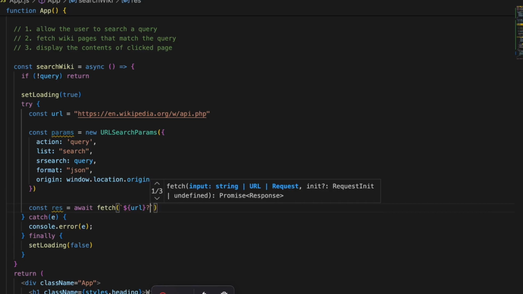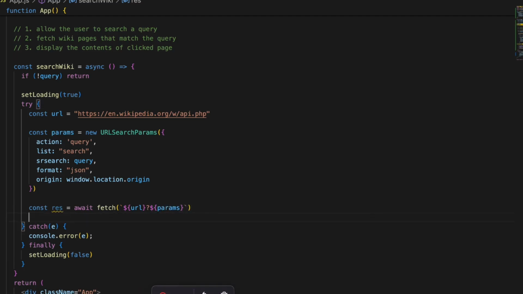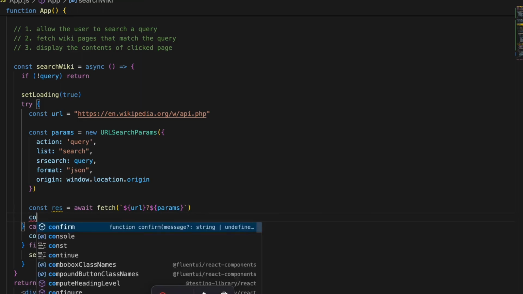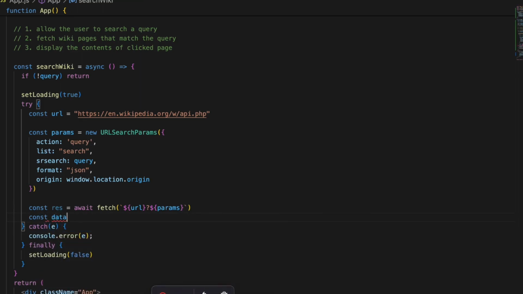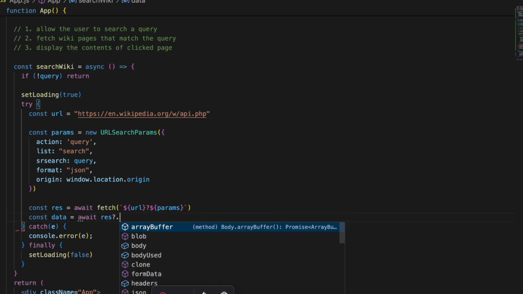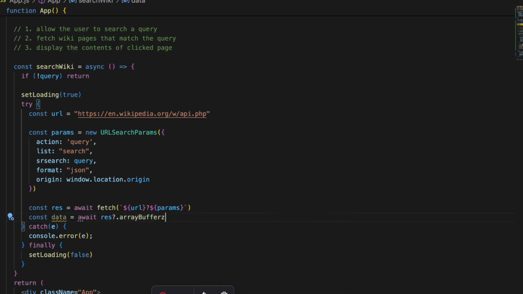And after the URL, we'll get the query params like this. Okay. So this calls our API. And then we'll get data by awaiting on res.json,